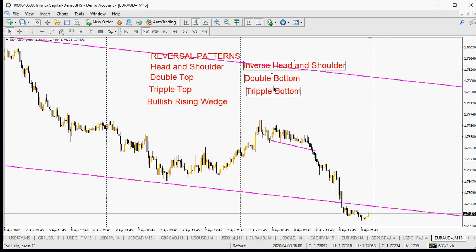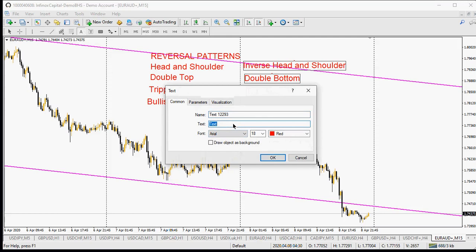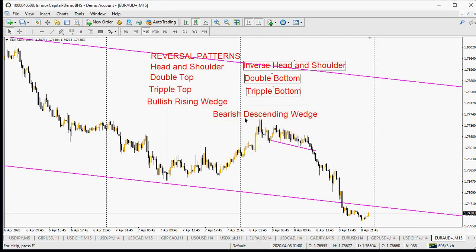Please write all these things down. Write it down in your notes. Then we have bearish descending wedge. There are some other ones, but I'm just bringing out the popular ones that you will always look at